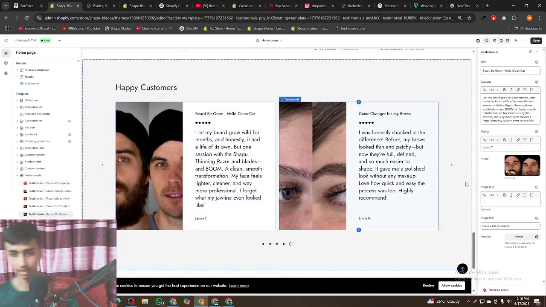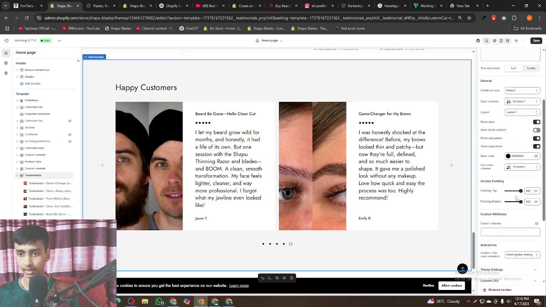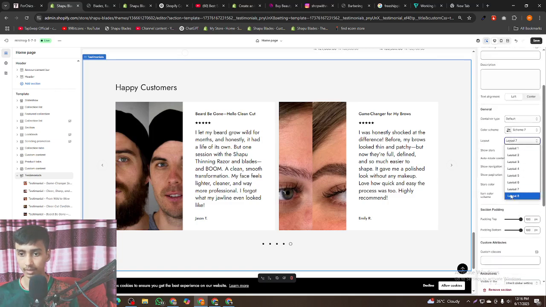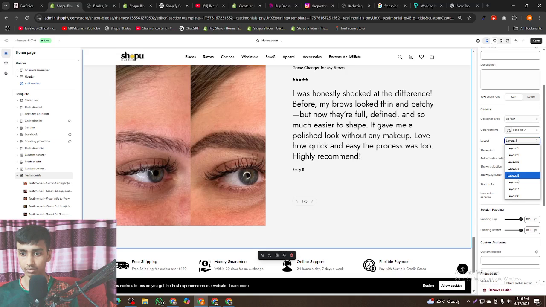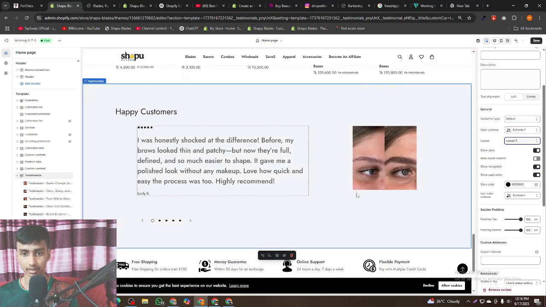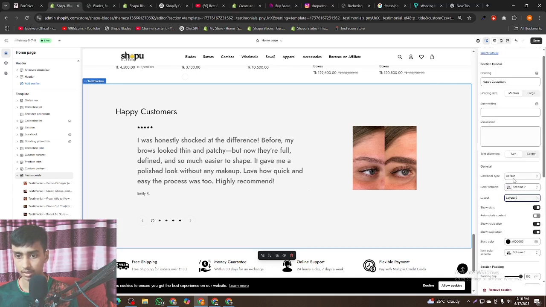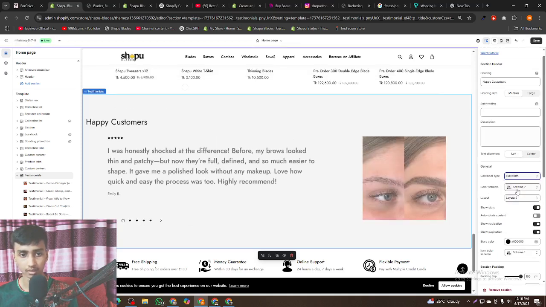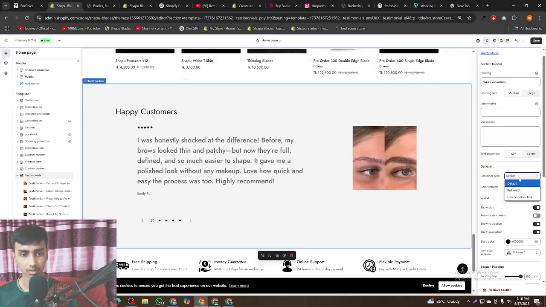So well guys, right now I'm going to click over here, and then scroll down a little bit, and as you can see, we have multiple layouts. Click layout 8. You can see layout 8 looks like that. Layout 5, I believe, is good, but the image is too small. Let's try to control the image size, height and width. As you can see, there are no options to control the image, but let's try to find the container type, full width. If I click full width, default,